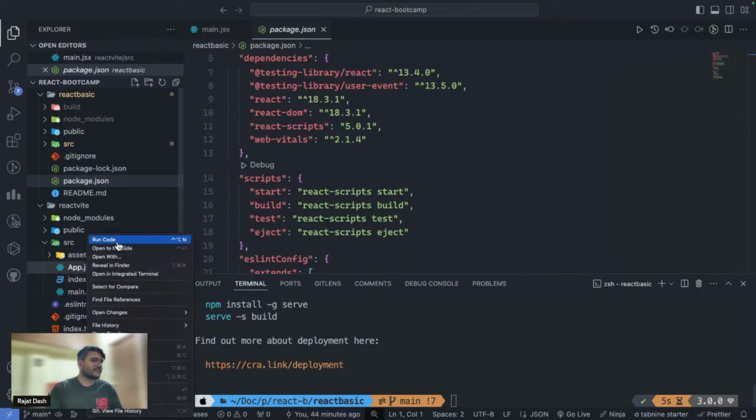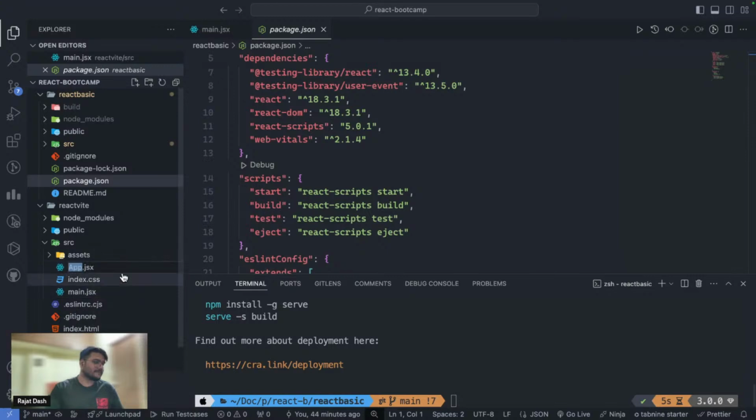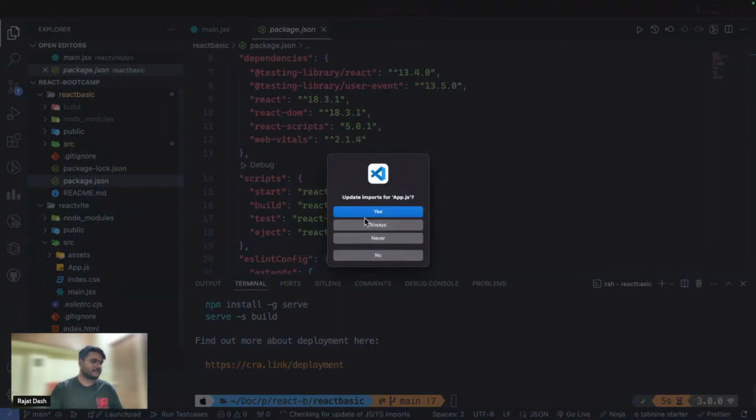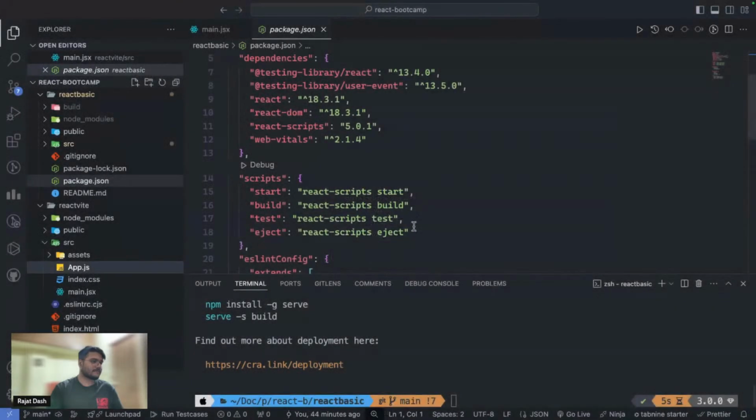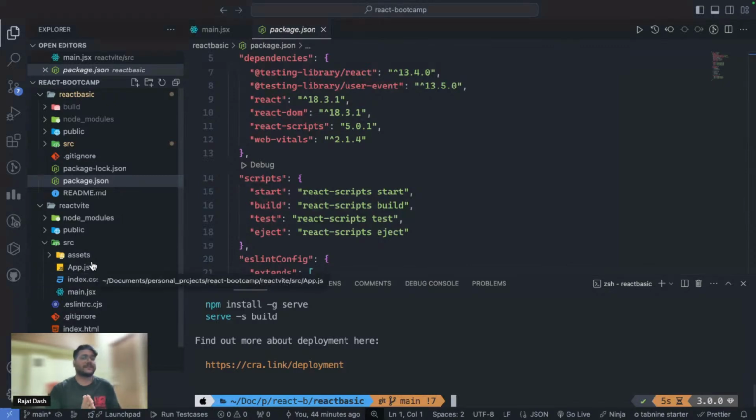You can convert it to JS also. It doesn't matter, it will still run. JSX just gives you an indication that this is a JSX file, a React component.